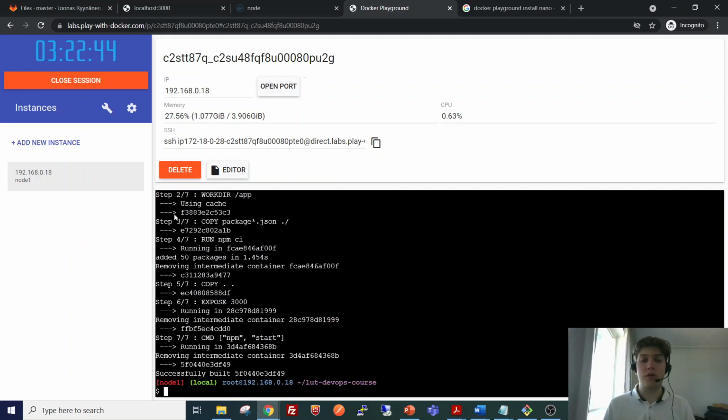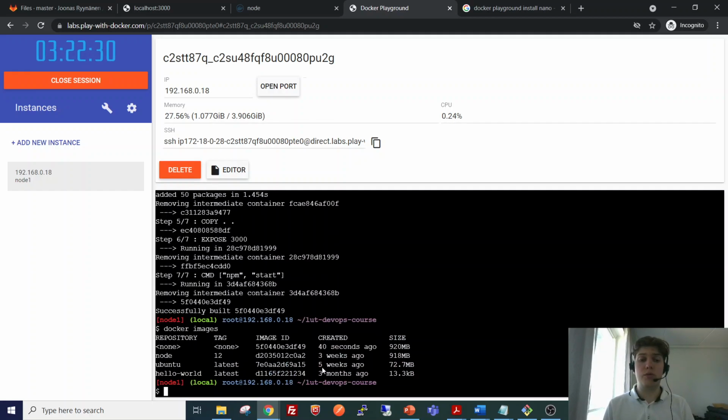But now it used cache on those steps, then continued forward, and now it says that it has successfully built the image. So by running the docker images command, we have this image here. It doesn't currently have a tag or a name, but it isn't necessary at this stage.